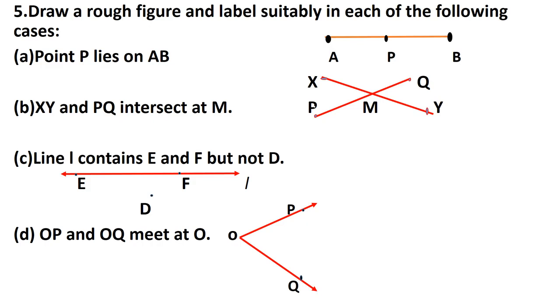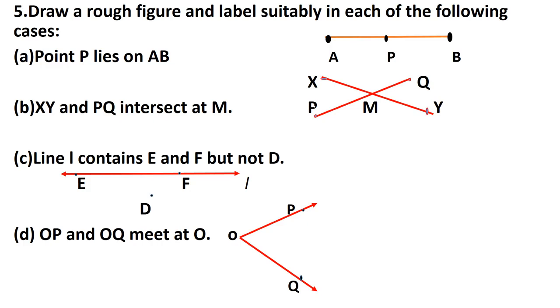Then two pairs of intersecting lines. Intersecting lines, I have told you, are those which cut at a point. So it is CO and AD. See CO, where is CO? Here is CO and here is DA. These two lines are intersecting at a point B. So you have no need to tell where they are intersecting. You have to tell only the two pairs of lines which are intersecting. Now another pair is AE and EF.